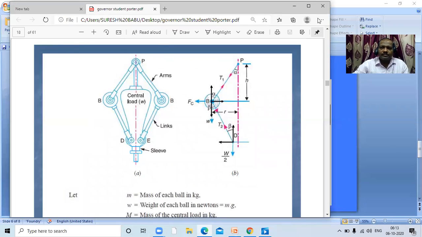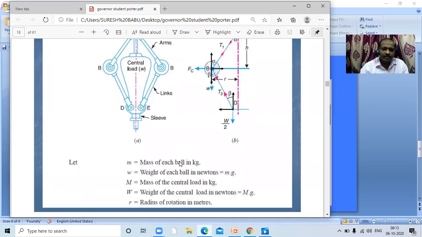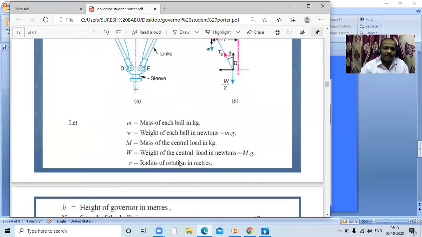So if you observe this central relation, it is defined like this. The same diagram I have represented to derive the relation between the parameters of the Porter governor with respect to speed of the governor. So if you take the same parameters I have introduced for the derivation, that is m is equal to mass of each ball in kg, W is equal to weight of each ball in newtons,